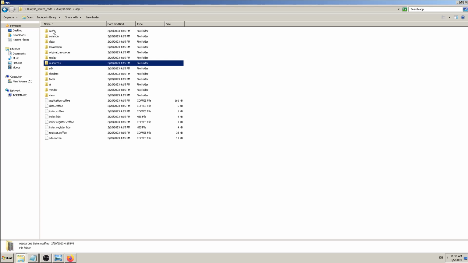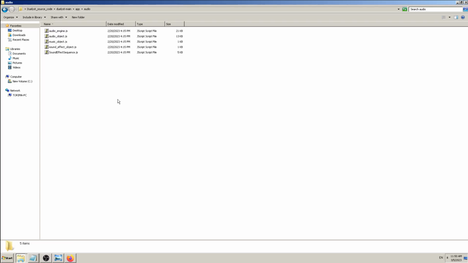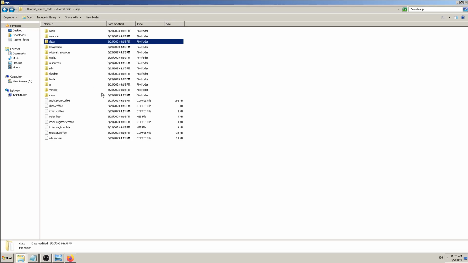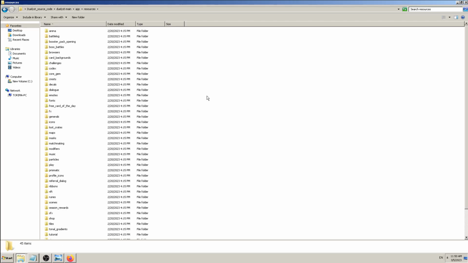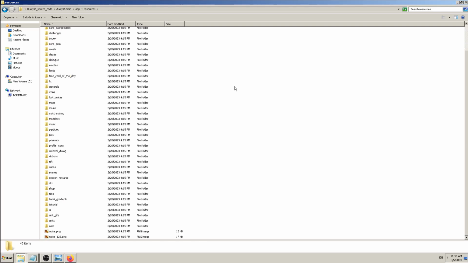If you're into audio, like music and sound effects and so on, you can find them in audio, it makes sense. Data, some kind of utility, resources as JSON files and so on. Okay, so let's go to resources, and so you have 45 folders here in resources,